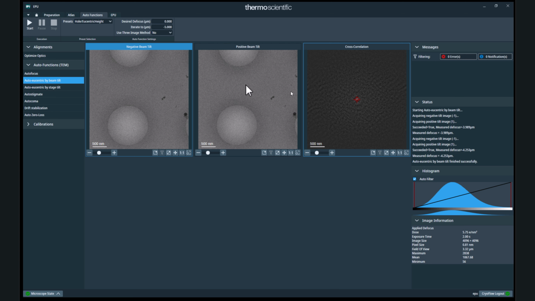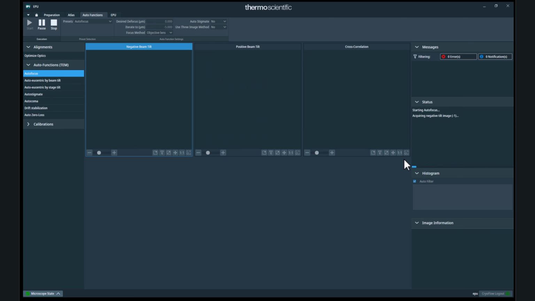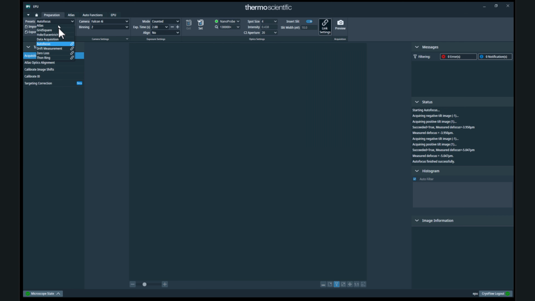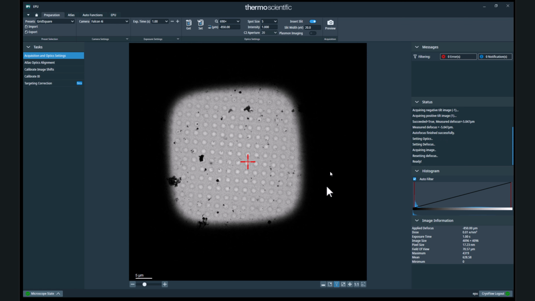Alright, this is optional now, but let's perform the autofocus function as well. Okay, now go to the Preparation tab, select the Grid Square preset and hit Preview. We want an image from the current square we are visiting. Cool. We can save this image as square 2